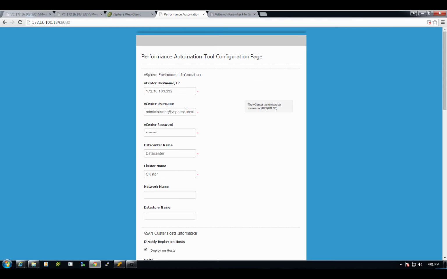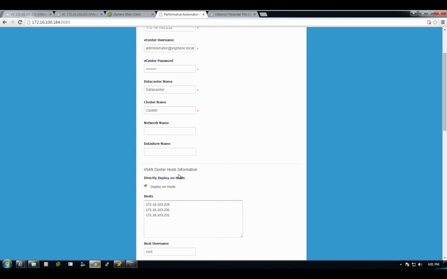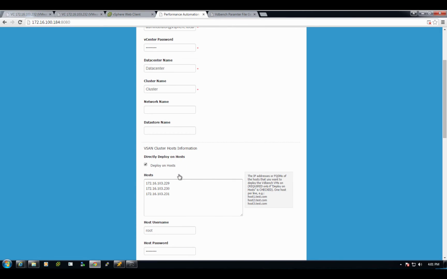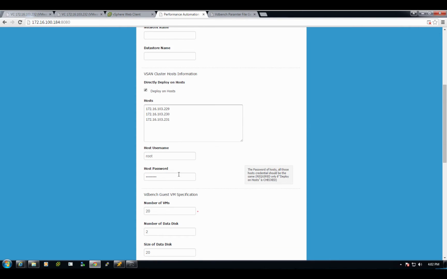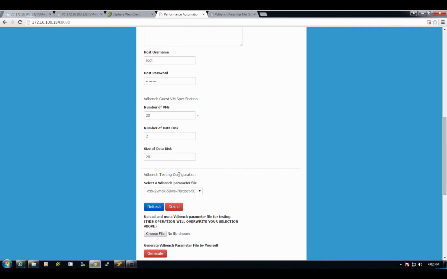now go to the website and start entering in some of our vCenter details such as username and password, the data center name, cluster name, optionally network and data store name. And because I'm deploying a large number of virtual machines, I want to deploy directly onto each of my 3 hosts, and I'll set the username and password for each of those hosts. I'll define the number of guest VMs and size and number of data disks I want to deploy as part